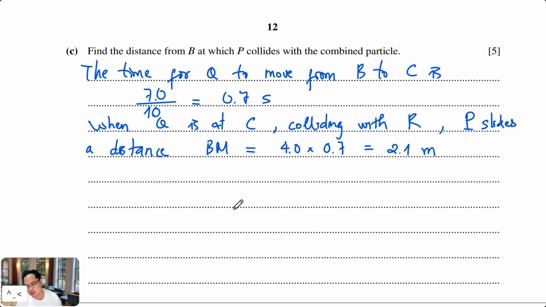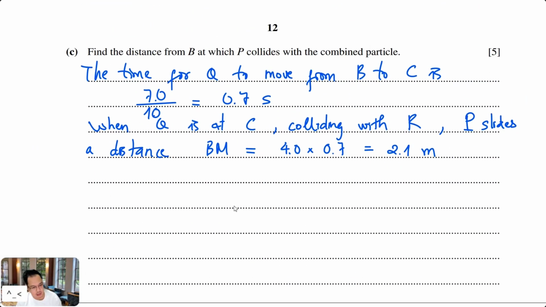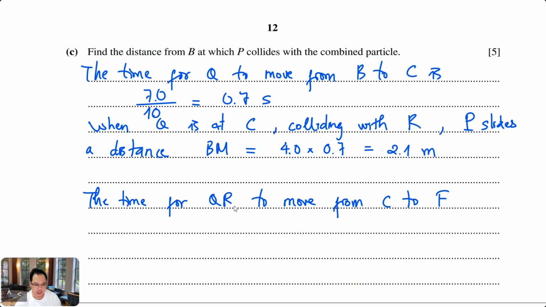So the time for the two particles QR to move to F: there is a deceleration because of the pull of gravity slowing down the system, and finally it will make it slide down the incline again. To find this time, I will use an equation in SUVAT, the big five equations in kinematics,